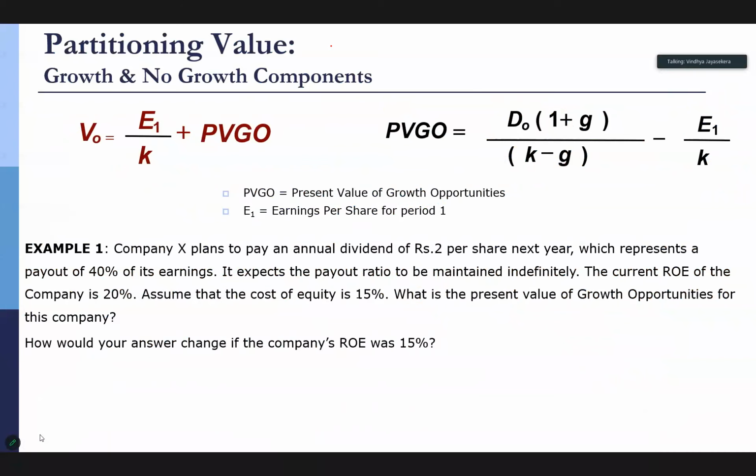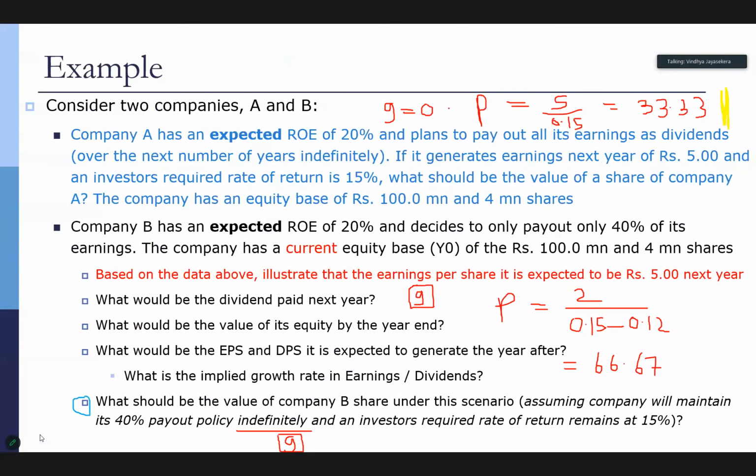It essentially says that a company's growth opportunities, how much growth is captured inside a company's share price, can be measured. Because we know now from the previous example, if there is no growth, my company is worth